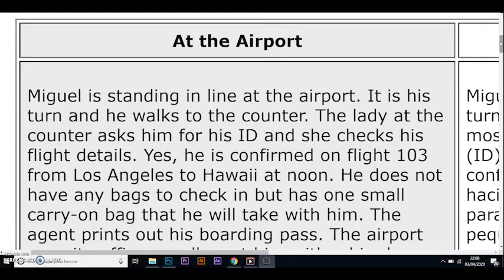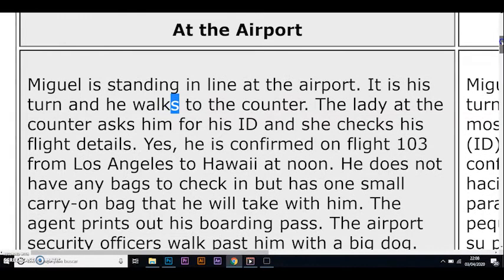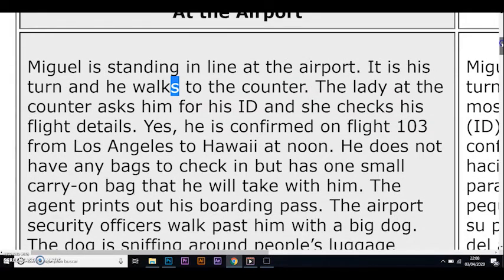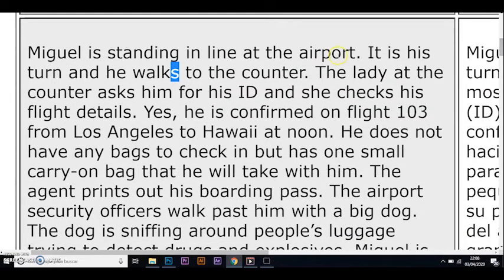It is his turn and he walks to the counter. Let's remember that we were talking about the third person. That's why we put the S in "walks", okay? He walks to the counter. The lady at the counter asks. The lady is "she", for example. For that reason it has the S. Remember to put it when you're talking in the present simple about the third person, okay? The lady asks him for his ID, and she